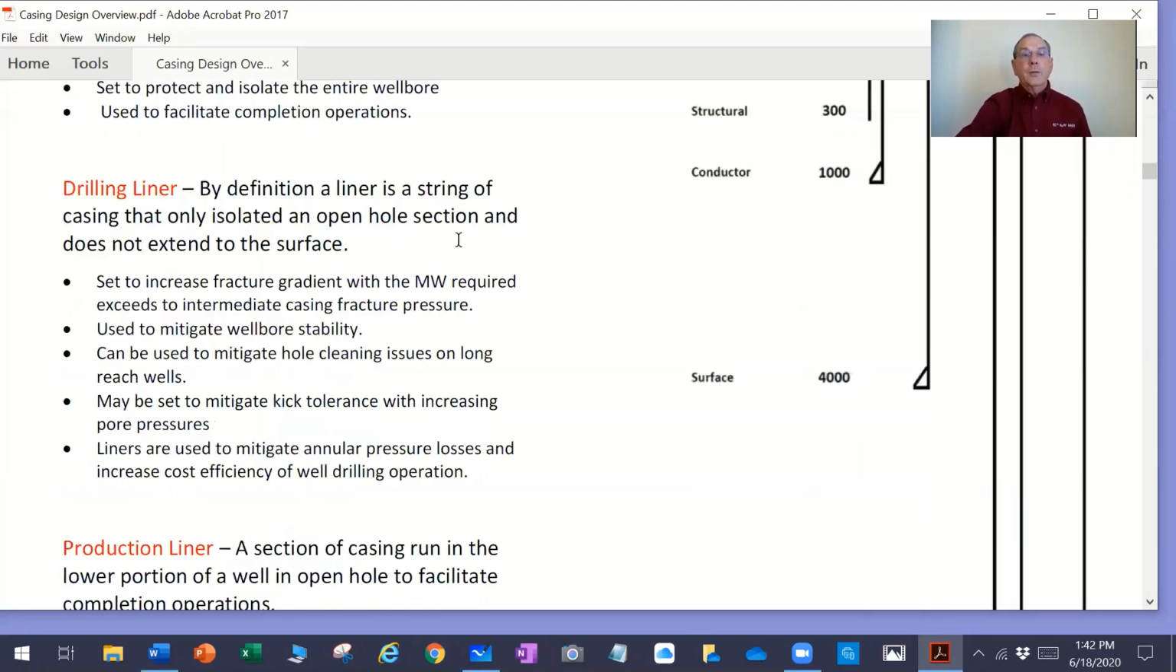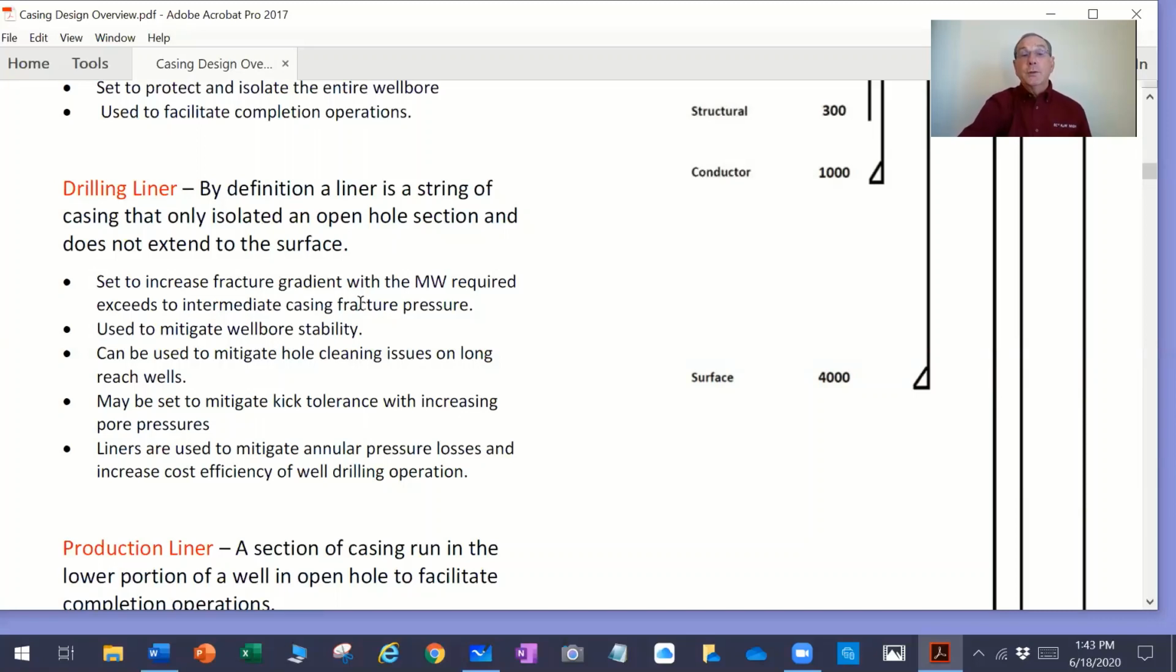And then we also set drilling liners quite often. A liner, by definition, is a string of casing that only isolates an open hole section and does not extend to the surface. So we do this for several reasons. A drilling liner is set to increase the fracture gradient when the mud weight required exceeds the intermediate casing fracture pressure. So you could have the case where the intermediate fracture pressure, let's just say, was 16 pounds per gallon. Well, if you start getting to the point that you're weighting your mud up close to 16 pounds per gallon, and you're going to